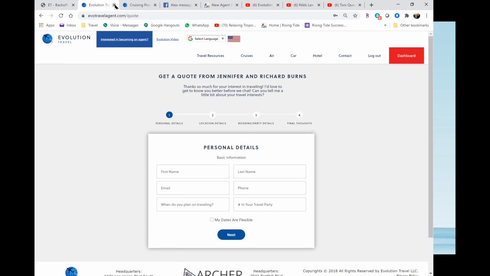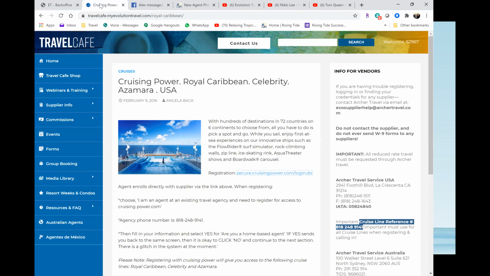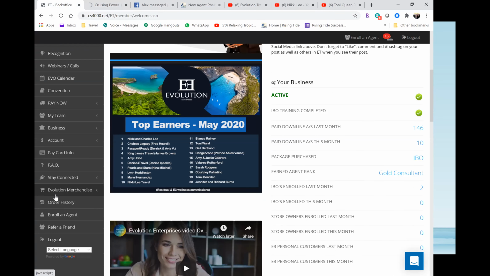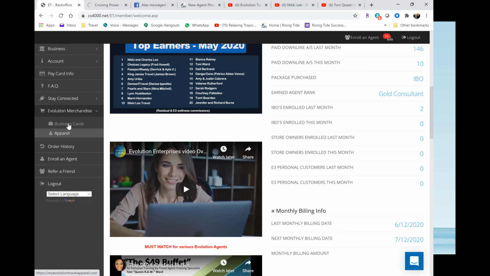Okay, I'm going to go ahead and move along, and we are going to talk about business cards. Business cards are completely optional. There is a way for you to purchase business cards in your back office. If you scroll down, you will see Evolution Merchandise, and then you will see their business cards. They are branded with Evolution Archer. I personally created my own through Vistaprint. There's also a website called 4over4.com that sometimes has a special where your first order of either 200 or 250 cards are free,